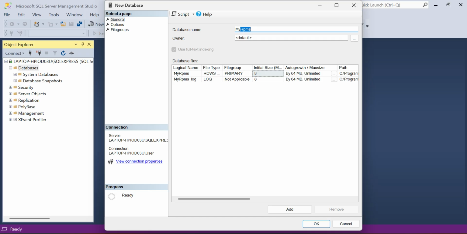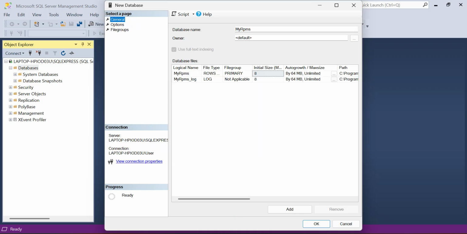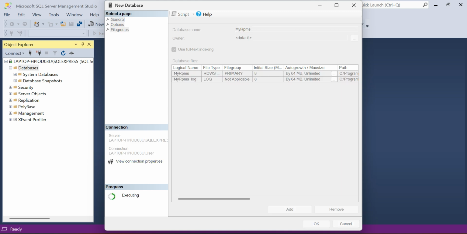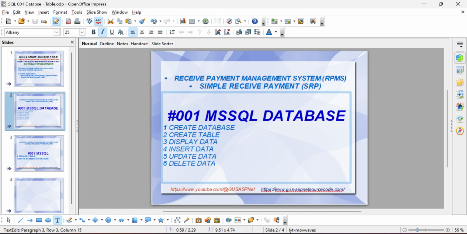You can name your database as you wish. Leave the options and the file group by default, and then click OK. Here it is. This is our database. Okay, this is very simple. I will mark this database as done.